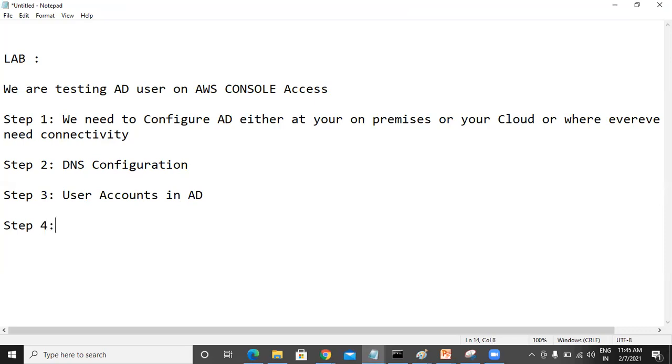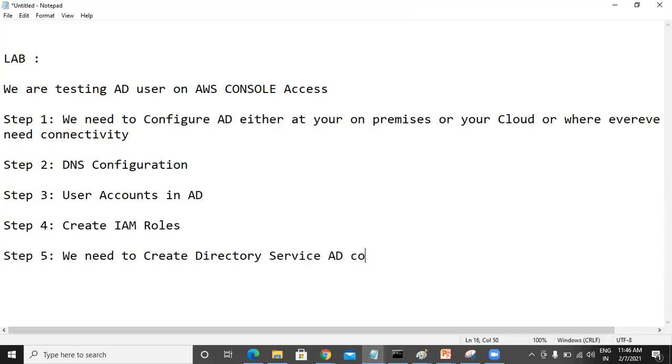Step four, we need to create IAM roles. Step five, we need to create a directory service AD connector.